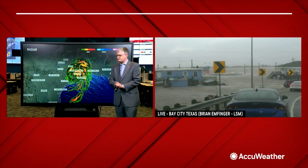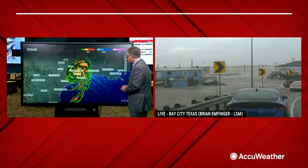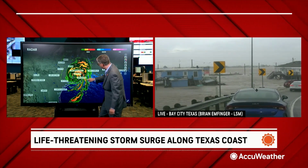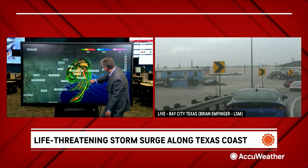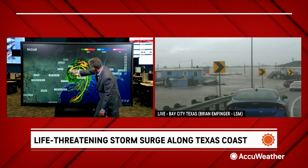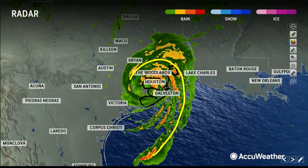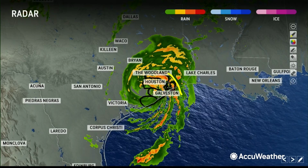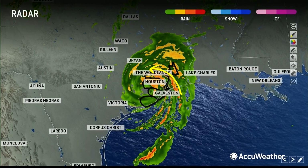And you are getting a sense, too, on the wider view of this storm that there's a little bit more feeding into this, John. Yeah, that's the other thing our team has noticed this morning. Look at this band. This is what we call a feeder band of tropical rain that's wrapping around the storm. And this is the band right in here, just east of the Houston metro area, that we are concerned about as it rotates around through the northern suburbs of Houston out toward The Woodlands and that area over the next